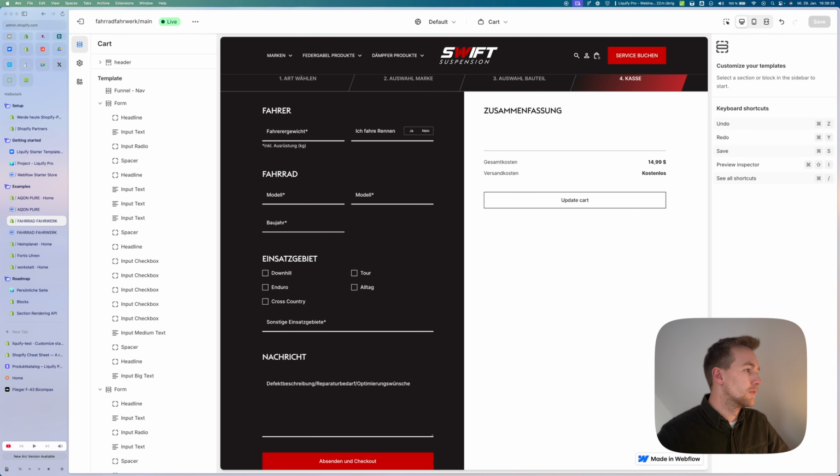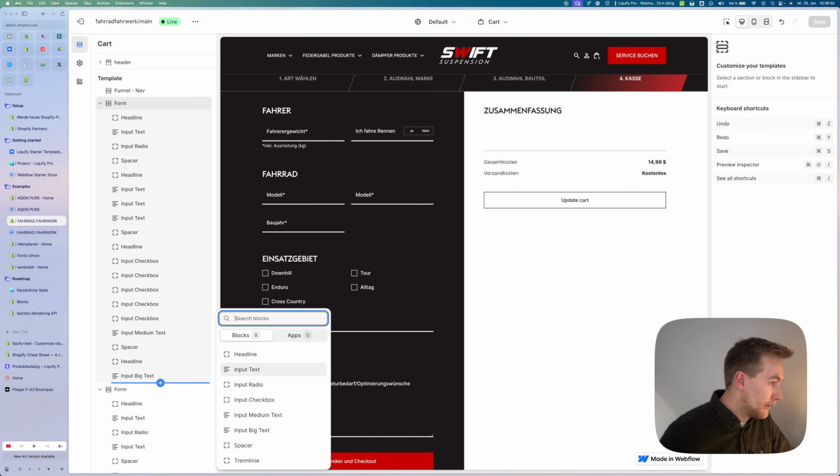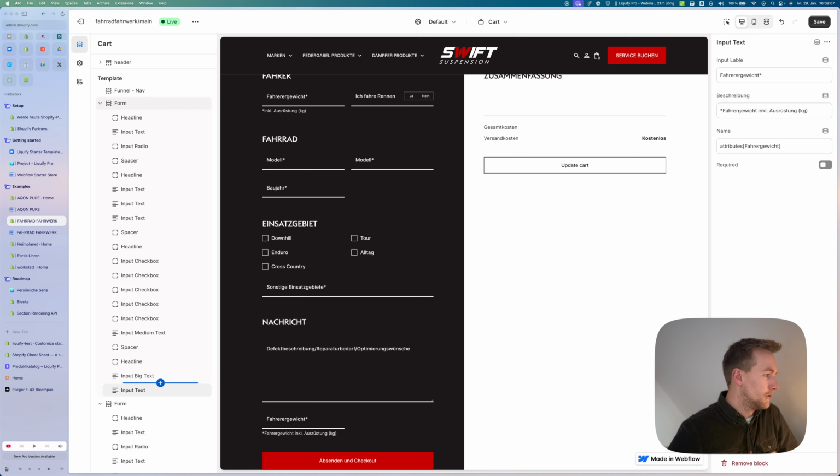Here we are on the cart page, and the client needs a lot of information from their client to make even the offer, or to process this order. And here we built a form builder for them. We have these different types of elements. For example, a normal input, where you can say I need this at the top underneath the headline,